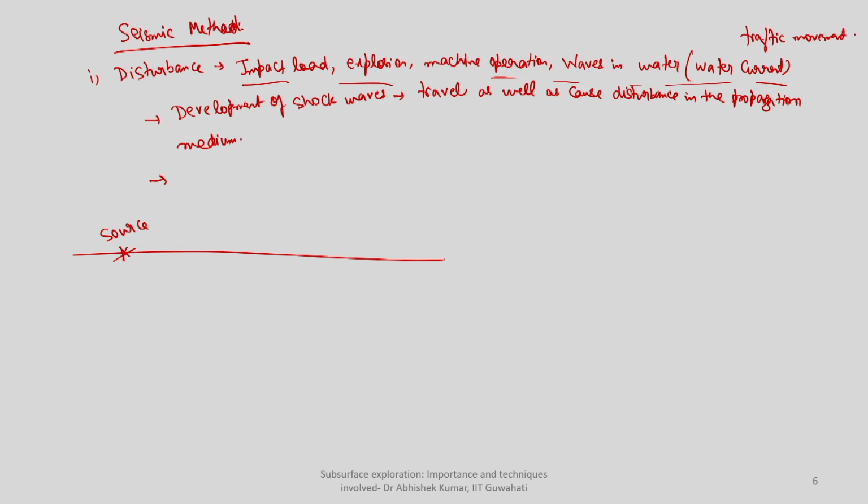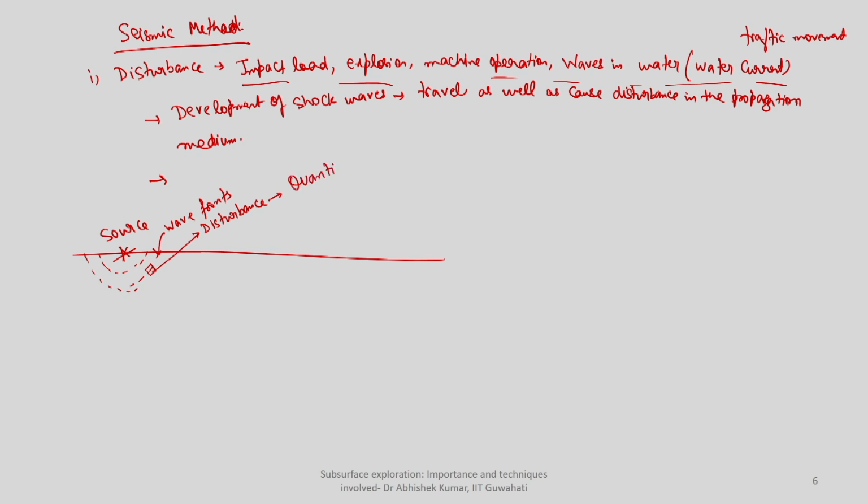Each of these can cause some kind of shock. I am referring to the source as any kind of disturbance, as a result of which waves will be generated. I am showing here some wave fronts. Wave front means whatever material is available at this particular location will undergo some kind of disturbance, and depending upon how much resistance the material offers against this disturbance, that will help in understanding,